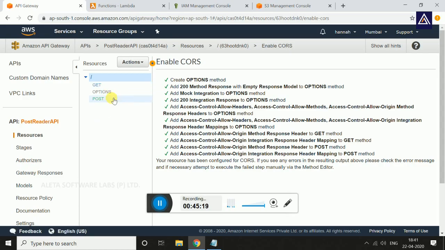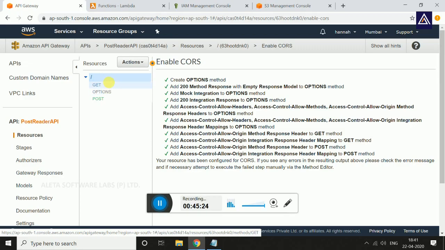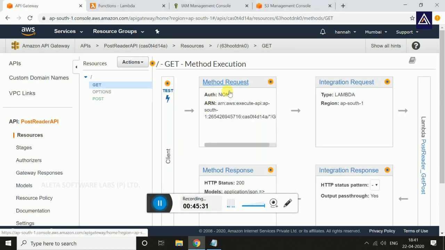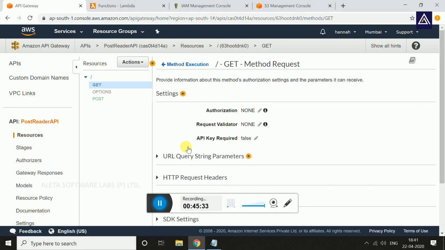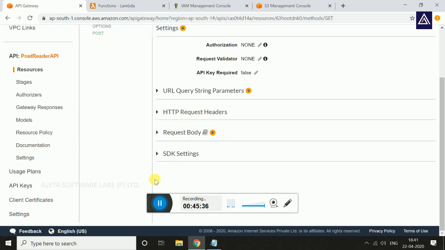Click on to the GET. Now configure the GET method for a query parameter. So let's click on to the GET method and click on to method request and scroll down to and click on to URL query string parameters. So by giving a query parameter as post ID,